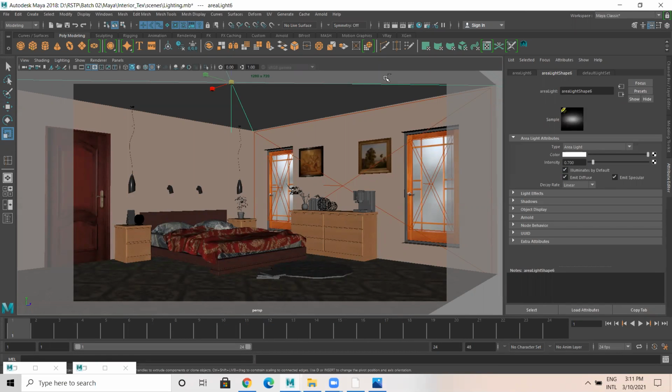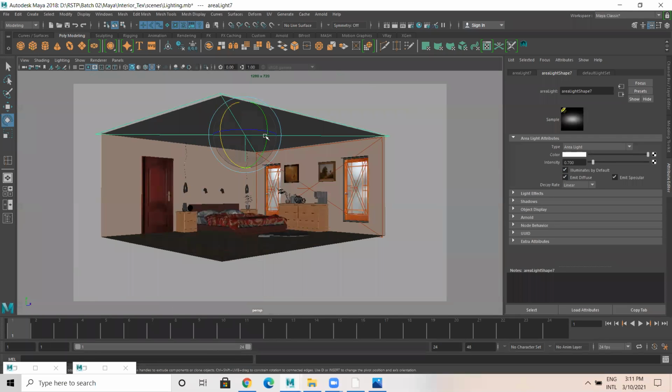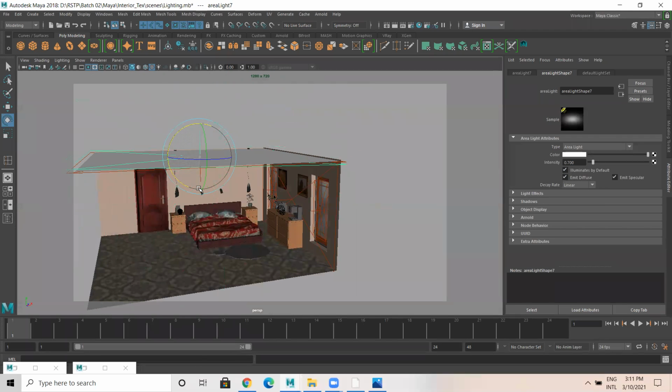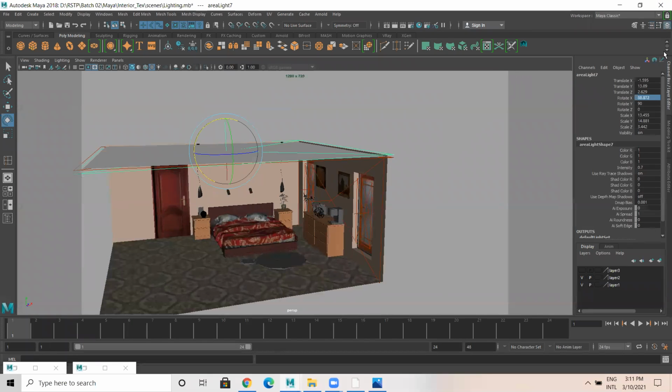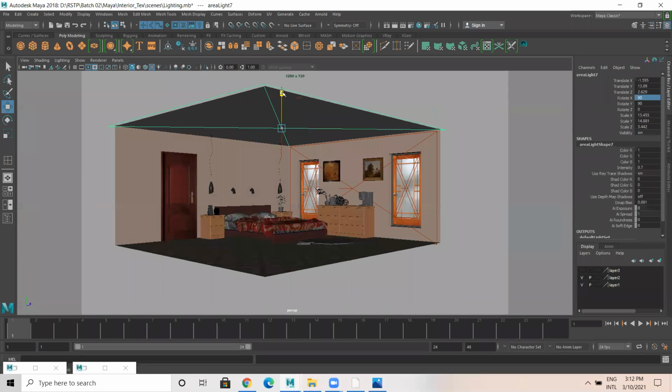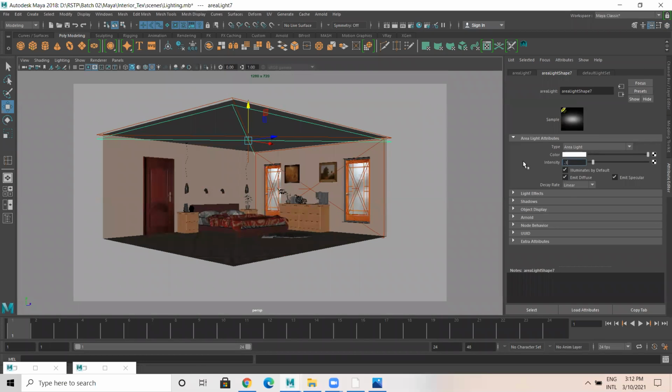Now what I'll do, I'll duplicate this again. It's like this. It's 90. Bring it a bit down. And the brightness of this, I'll just give 0.1.